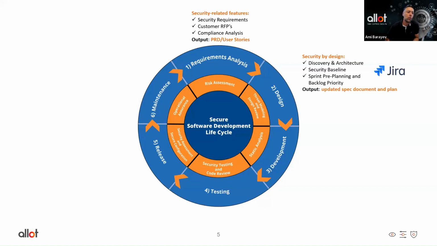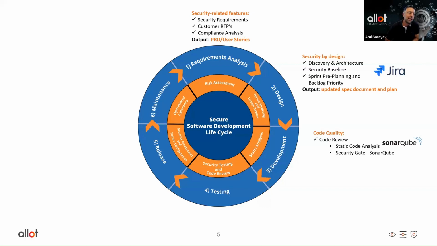So once the feature is being introduced, we are in the design phase. During the design phase, we have our security architects who are escorting the R&D team in order to develop the features using the best practice security controls. And then once we have the feature in development and the R&D people are working on it, we put in code quality assurance using static code analysis. This is another tool which basically checks in real time what the developers are coding,